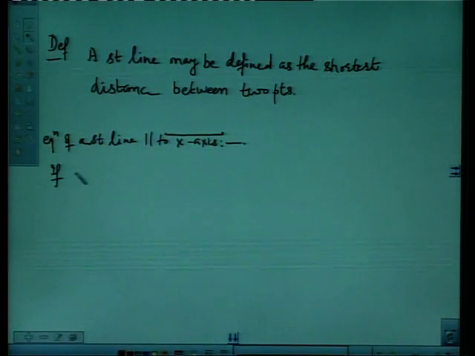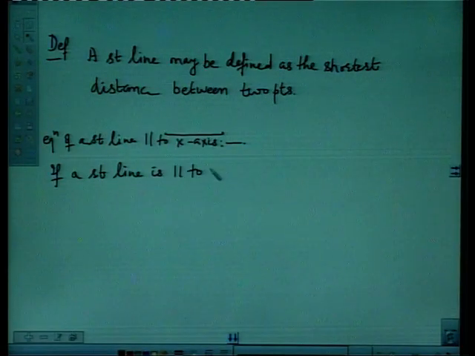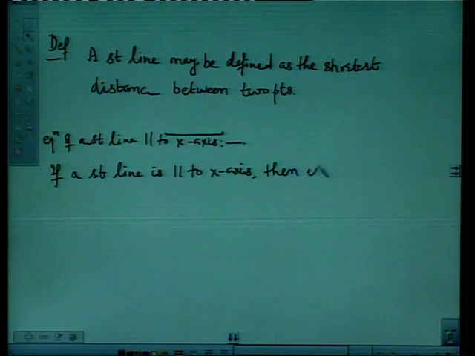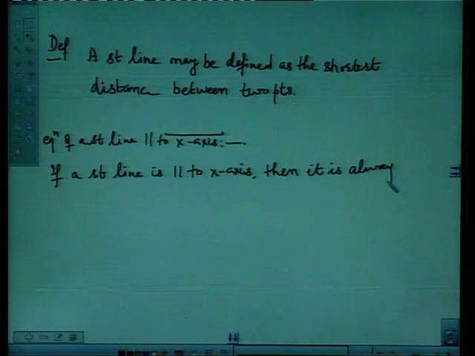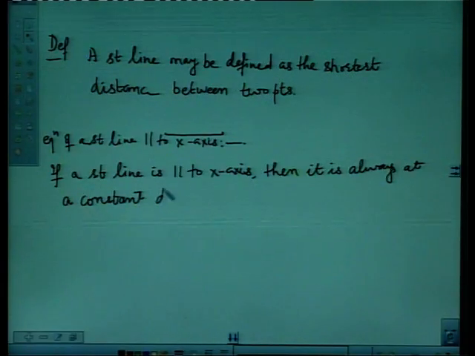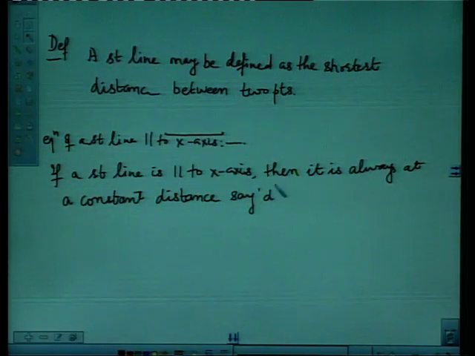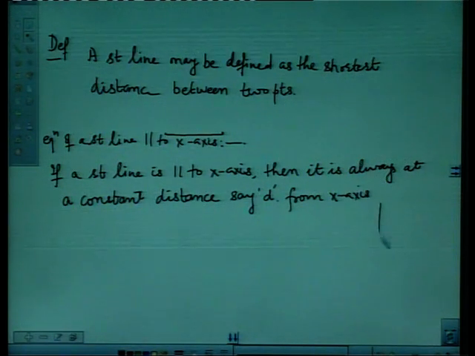If a straight line is parallel to x axis, then it is always at a constant distance, say d, from x axis. Means these are our axes